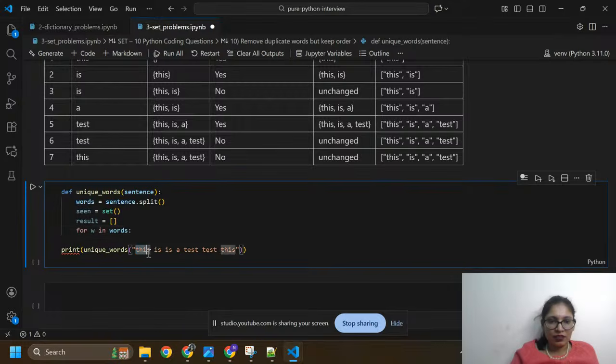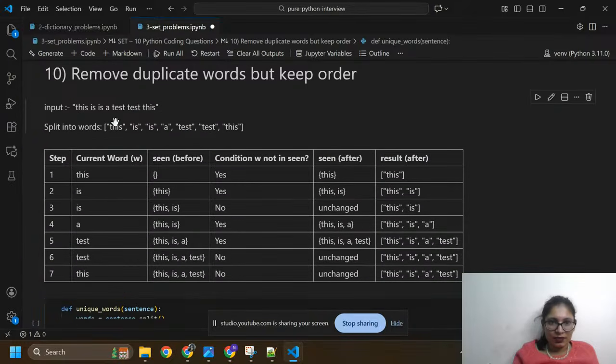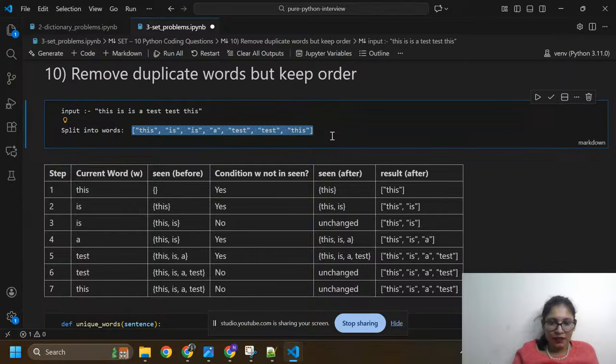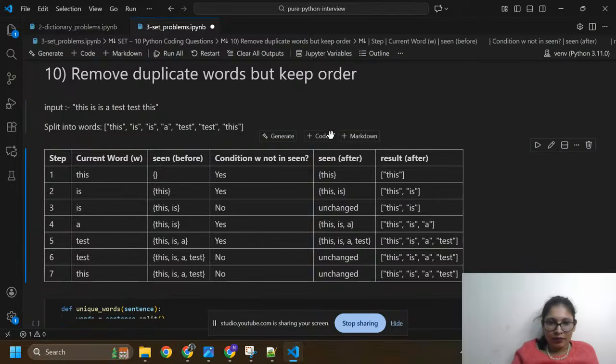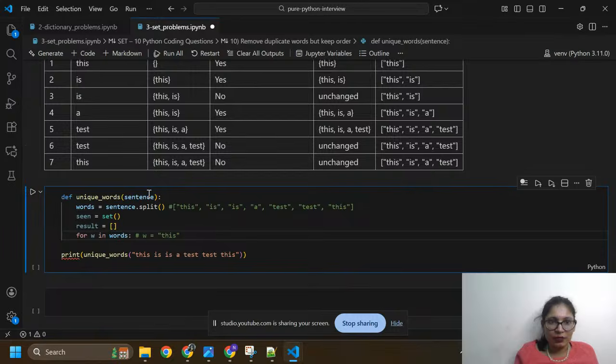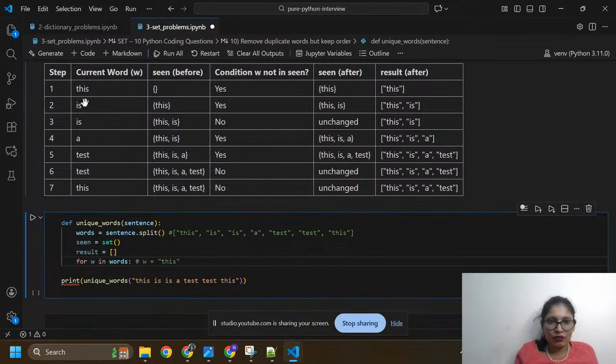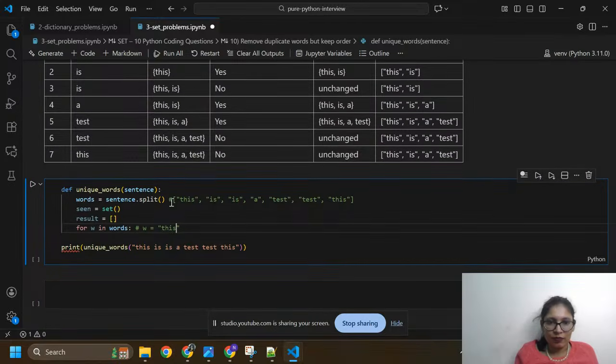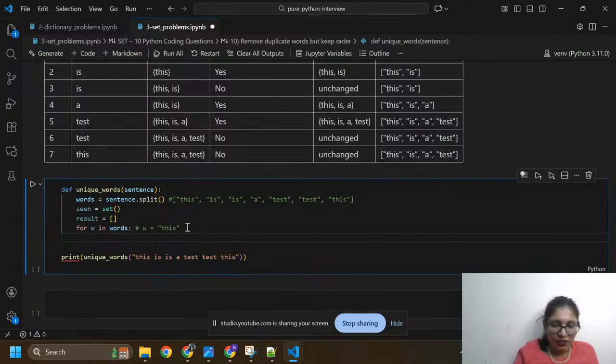These are the words, and I need to write this in a comment here. Initially I took w equals "this", which I already explained here. I need to take w equals "this" from words. These are the words. Now I'm going to check if